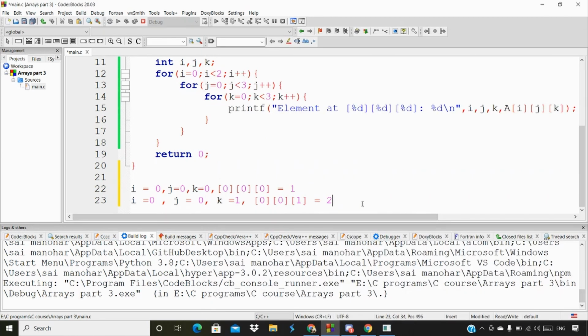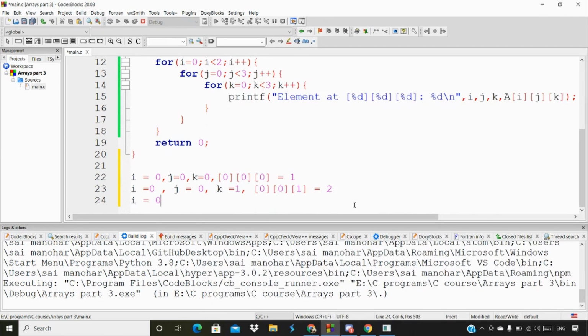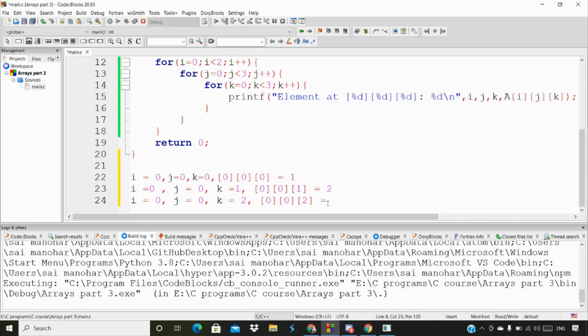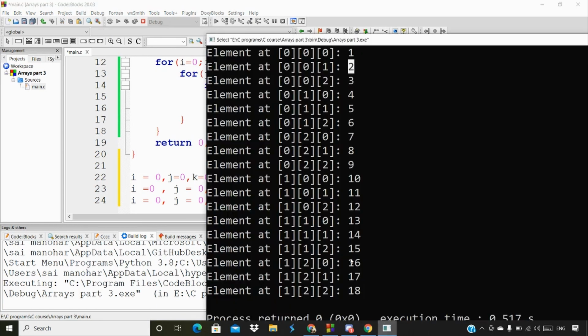Now let's see the other one as well. Again j is equal to 0, and k comes back to the loop and increments with k plus plus. Now it becomes 2 here, and again it comes to the printf function and does the same work: 0, 0, and now 2. So this is the zeroth table, zeroth row, and second column. The second column is 3, so we're going to get 3 as the output, and the same thing appears on our output screen as well.